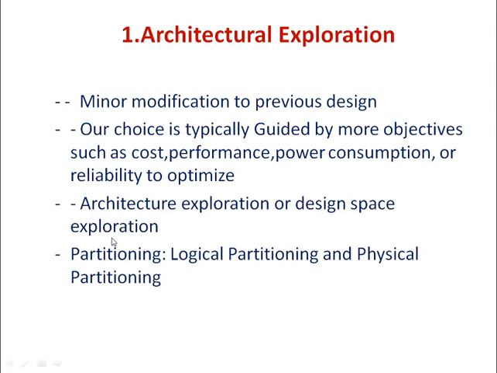When working at the abstract level of architecture exploration, the component need not be a physical part of the system. Instead, we think of logical partitioning, simply identifying the parts of the system that will implement the various processing steps. This form of partitioning is also called functional decomposition. Depending on the functions, we partition the whole system. The physical partitioning can include processor cores, accelerators, memories, and I/O controllers, right?